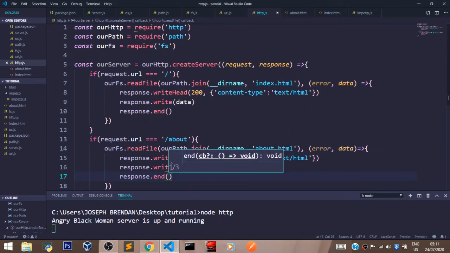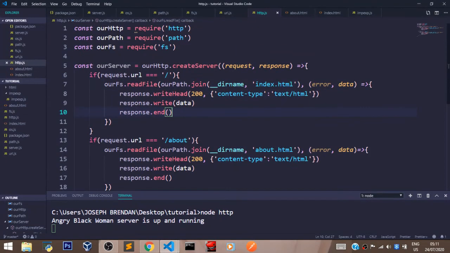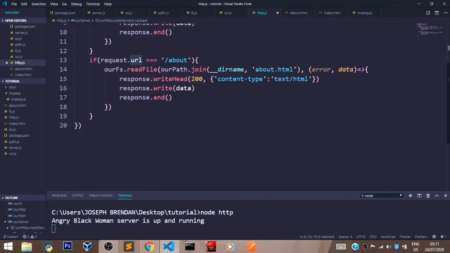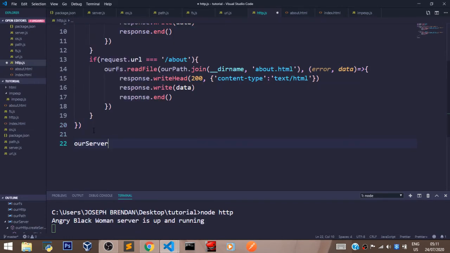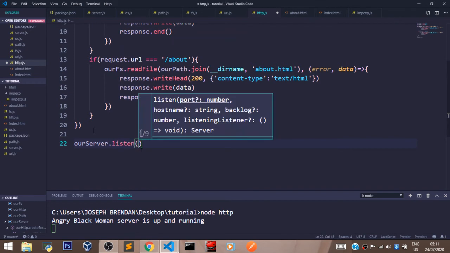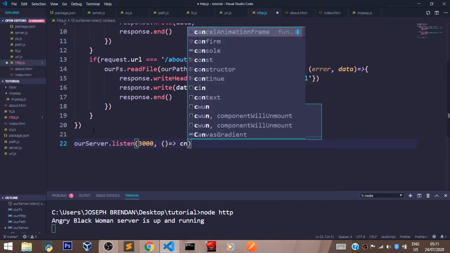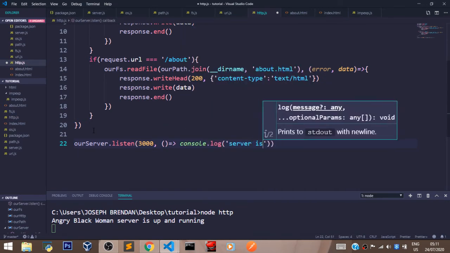Response.end. So we have created a server with the HTTP module that's going to return 2 HTML pages for us based on the URL in the user's request. Now we are going to see how that works. So for now, let's listen for a request. And the way to do that is easy. We say our server.listen. Now let's listen on port 3000, and let's pass in a callback function that's going to say console.log server is up and